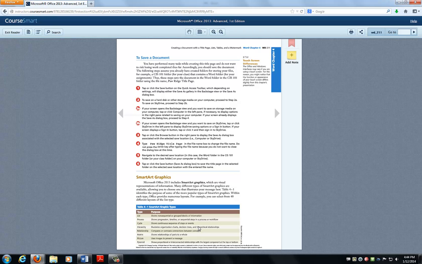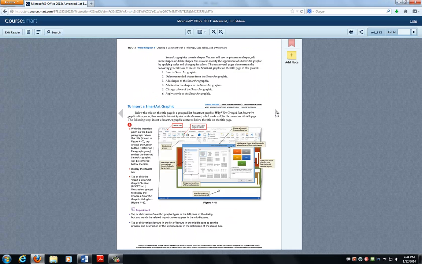So now that we've saved it, we're going to take a look at SmartArt graphics, and you may have tried these in other classes. I'm pretty certain you have, but let's check them out anyways. Talks about different types that we can have. We can do a list, a process, a cycle, hierarchy, relationship, matrix, picture, or pyramid. You know, and they contain shapes, things that we would like to show visually rather than actually putting into words and paragraphs. So let's go ahead and insert one in here